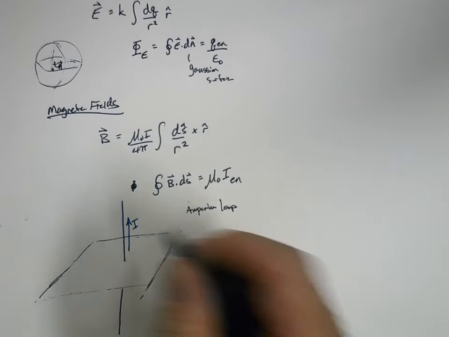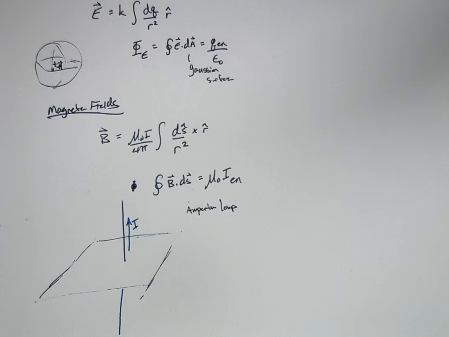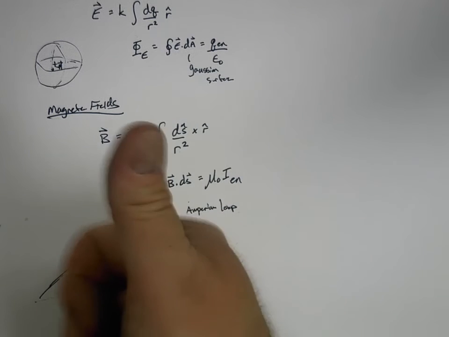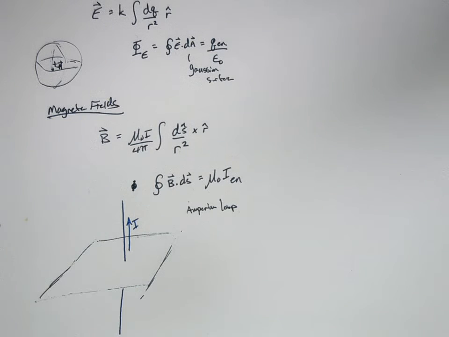Then we're going to draw our field lines around this. So where's that going to be? We take our thumb and point in the direction of our current, and our field is going to loop around